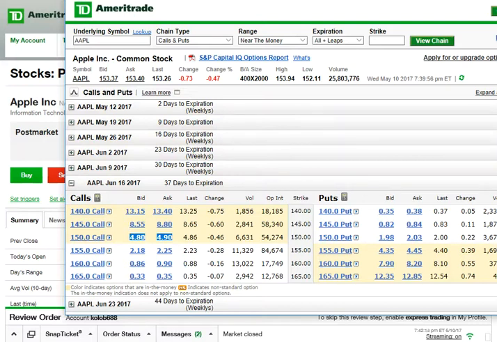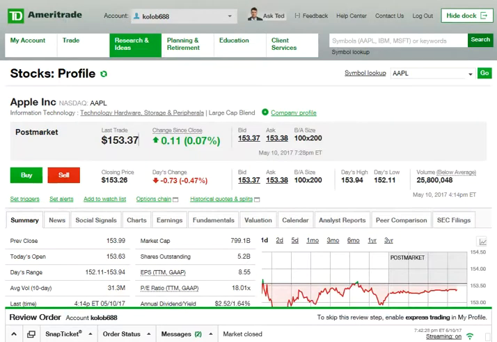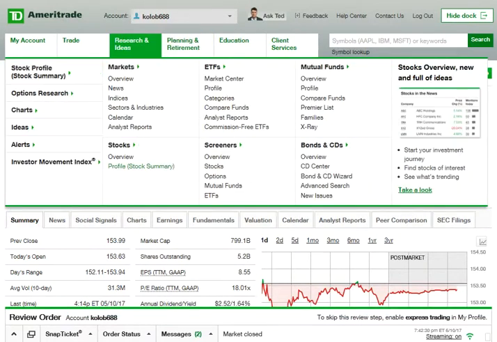So there you have it, ladies and gentlemen. That is a perfect example on how options give you leverage and how you can make so much money buying and selling these stock options. So let's do another one, okay? And let's have a little fun here. Let's go to a